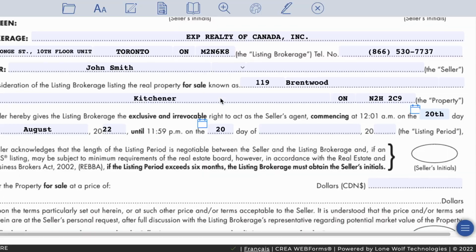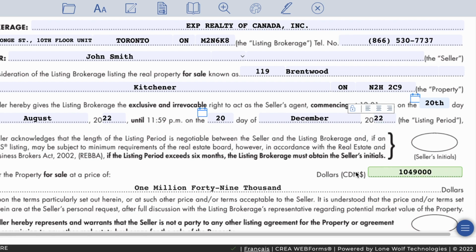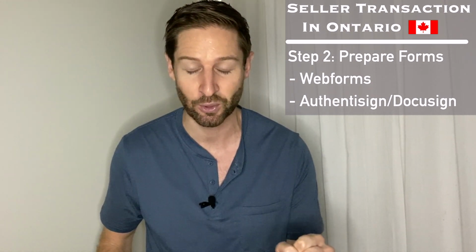So I like to be over prepared and have the forms needed filled out and ready to be sent to my clients for signing. I also put the price in there that I want to list the home at, but of course your sellers will ultimately have last say and we can change that on the spot. I have these forms prepared for a couple reasons. One, like mentioned, I want to be over prepared, but 2, I want to be leaving that listing appointment with